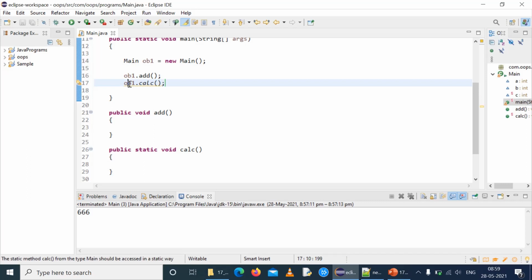A static member, a static variable or a static method, belongs to the class, and it is common to all the objects, and hence we can access a static variable or a static method with the help of class name dot variable name or method name, and you can even access it with the help of an object. So it can be accessed both ways, but it still holds common memory for all the objects with respect to the static variable and method alone. But a non-static variable and method will hold separate memory for separate objects, and an object has to be created to access a non-static variable and method, and it does not belong to the class, it belongs to objects.